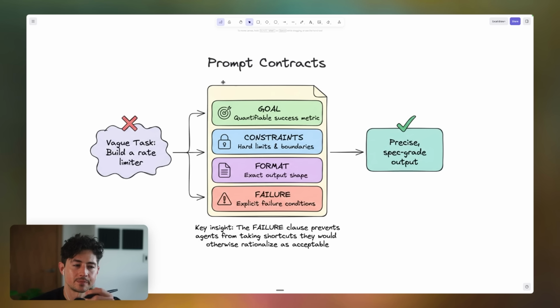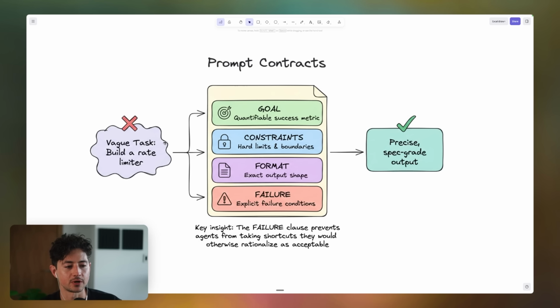And so the step-by-step process, obviously you could learn, but you could also just hard code it as a skill somewhere in your workspace or as something in your Claude.md, and then just force your model to always have this information before you proceed. And so, for instance, if we give it a vague task like build a rate limiter, okay, it'll do pretty poorly.